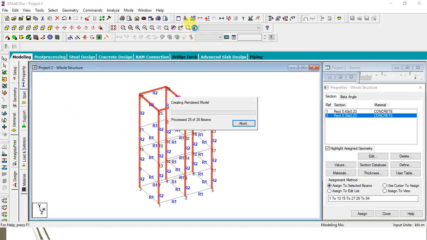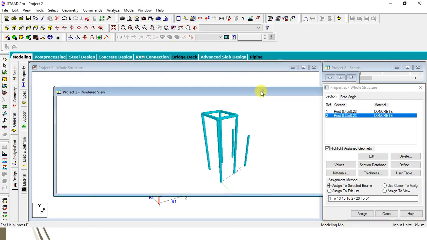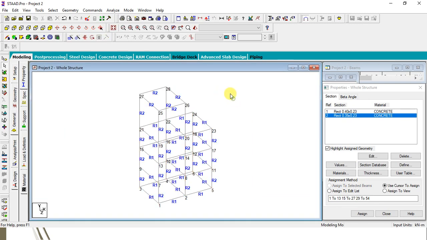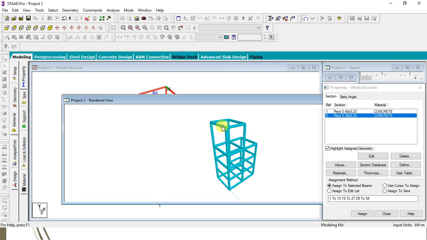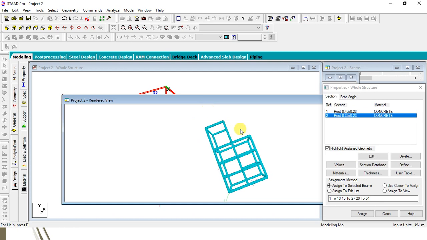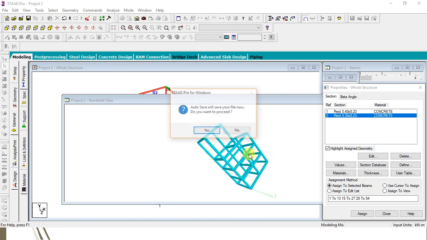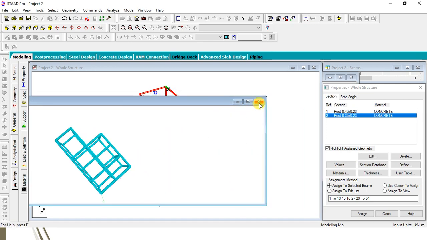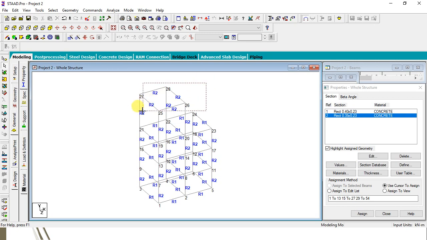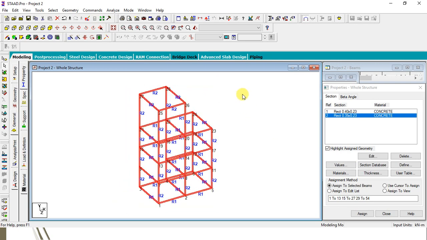In the 3D render view we can check this, right? The whole section is selected and now you can see right here all the beams are assigned the geometrical cross sectional size, right? Now I'll just delete all these additional beams, or further we can check in the same also here.